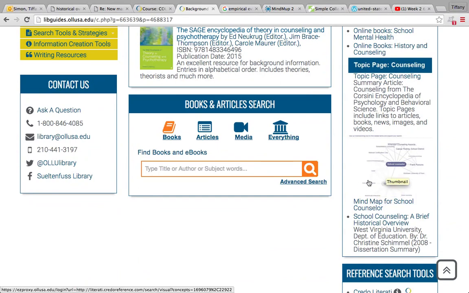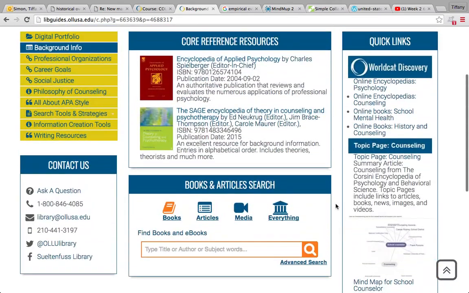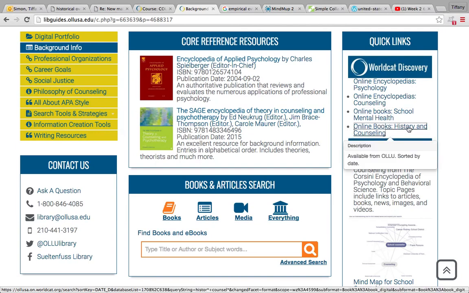You can look at some of those tools here as well for different creative ways of creating timelines. And this is a place you can go to find out more information, like online books about the history of counseling. There's also different information relating to research.